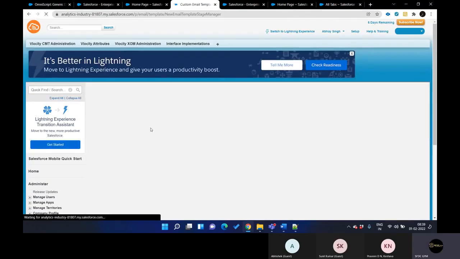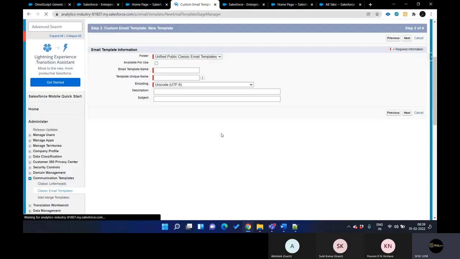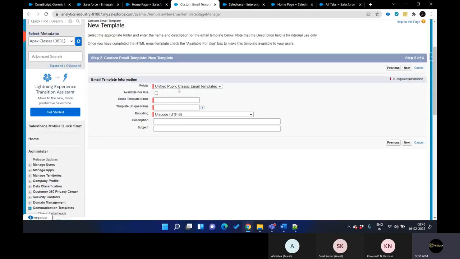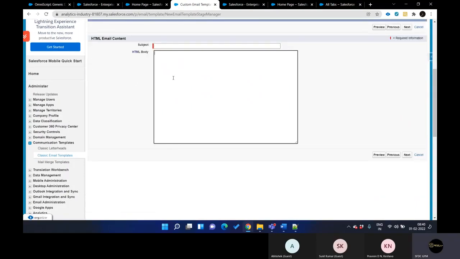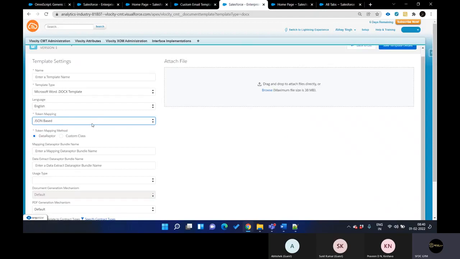Just focus on the steps that we do in Salesforce. Next thing, it is asking you the name and all, right? User accessibility, folder name and all those things. Let's quickly do that. Let me give you a random value. Go next. Okay. Then it asks you to create a body, and subject. Here the body and subject we actually write